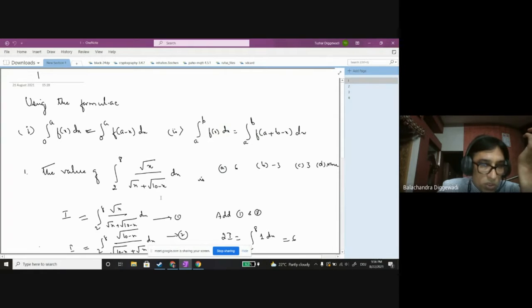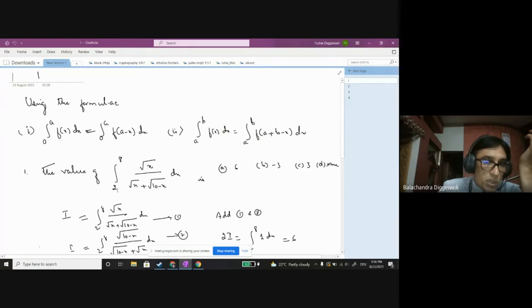Suppose if 10 minus x is present in the numerator, then the same term should be present, and wherever x is there you have to write a plus b minus x, that is, lower limit plus upper limit minus x. That itself is the second formula you are taking. If such examples are given, whether an algebraic term or a trigonometric function, it is very easy to solve. I have given the method, but how to remember the answer?